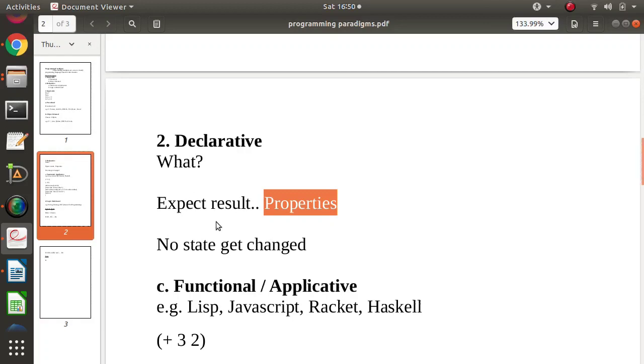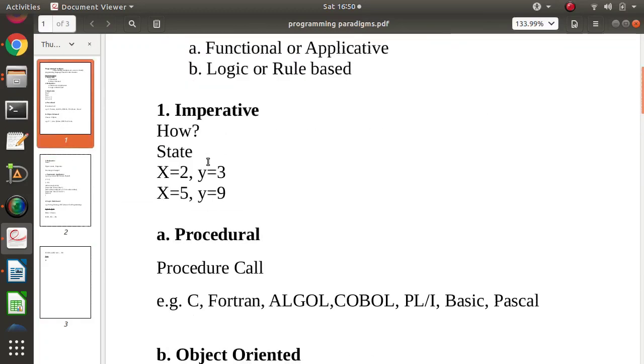While getting output, we expect a result or some properties from the result. So mainly in the declarative programming paradigm, we focus on what type of result you want. While in the imperative programming paradigm, we focus on how we get the result, how we get the final output. For that the state gets changed, while in the declarative programming paradigm there is no state change.